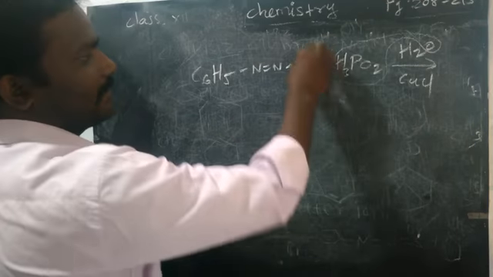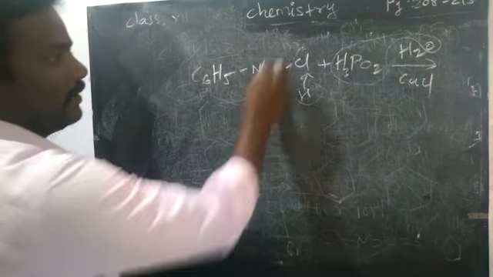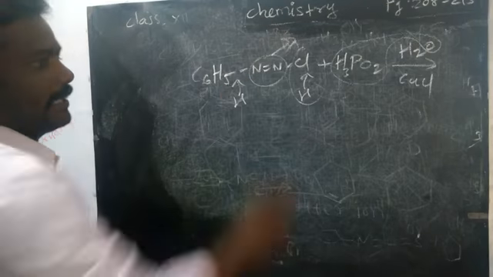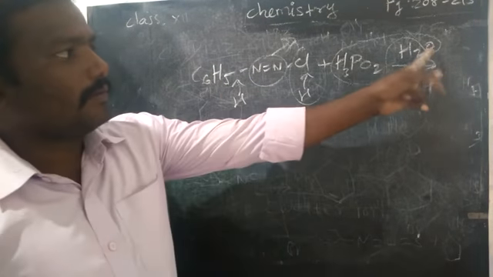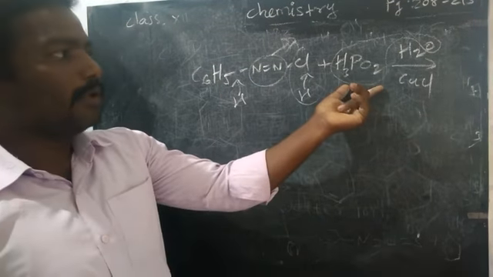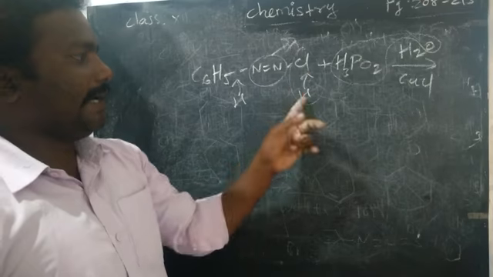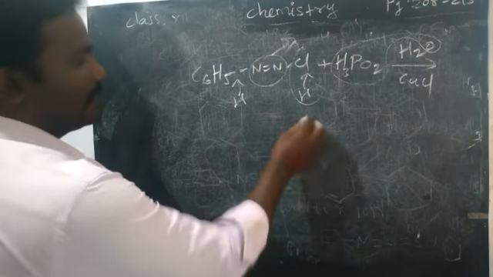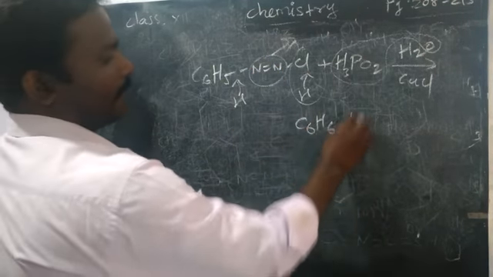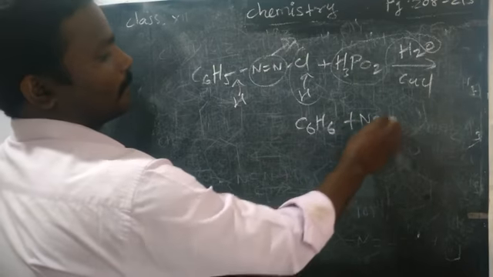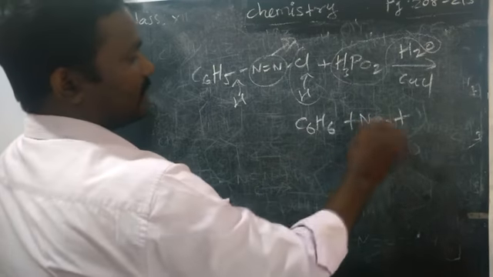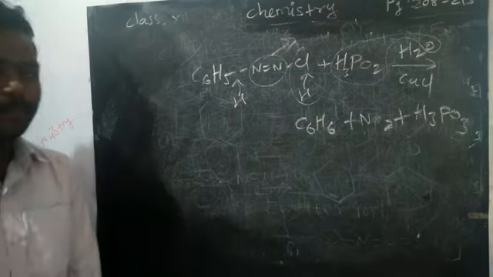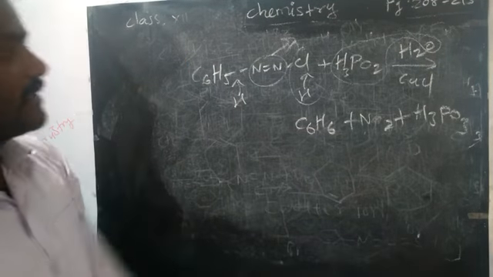One hydrogen will go as HCl. This nitrogen gas will go. Another hydrogen you can add up from water, listen, H3PO3 will go out. Two hydrogens, one hydrogen, another hydrogen. So N2 gas will go. The remaining benzene will form, with nitrogen gas and H3PO3, phosphonic acid, will form.